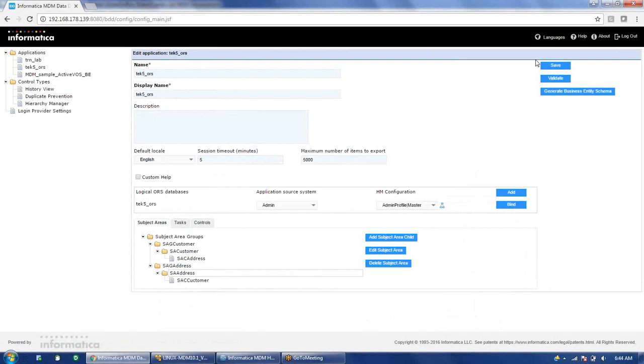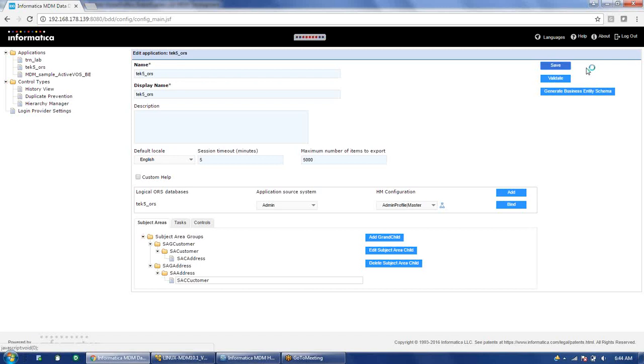Similarly, you will have to create for all the base objects. And now basically I cannot go beyond this. Means I cannot add a grandchild because I don't have that relationship. Match path is not configured for this grandchild relationship. So if I try to add it, like yesterday we tried, it will give an error that there is no match path present. That's the only thing you have to remember, that if you have to configure child and grandchild, you should have match path defined. So that's the double advantage of the match path.